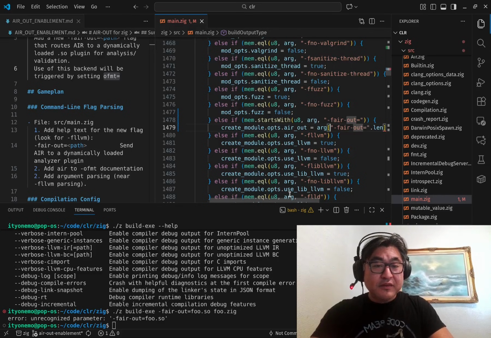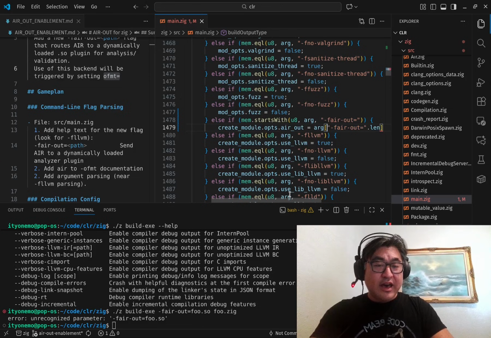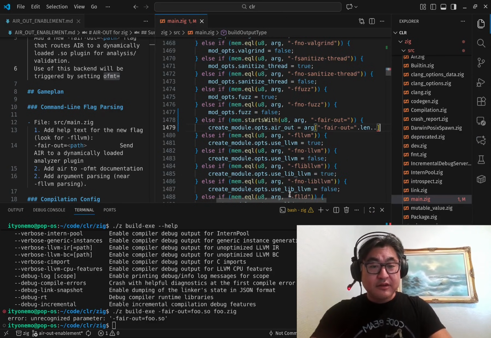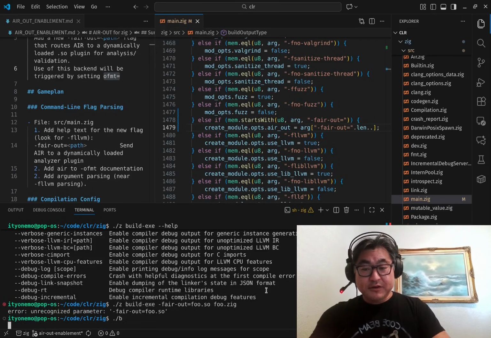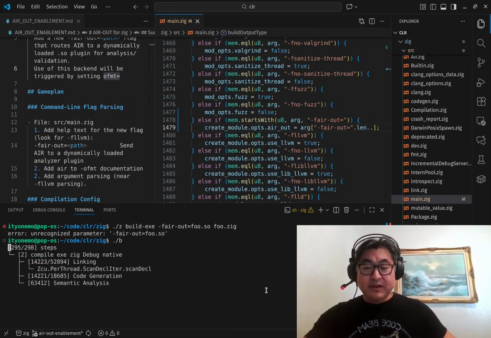And so this is a compile time known string, which coerces to a slice, and then we can take .len of that, and so this entirely gets turned into a single compile time known constant, and then we're going to go to the end. Okay, so if we try to build this, the problem is that create module ops doesn't have an air out. Right? And so as we build this, we're going to see